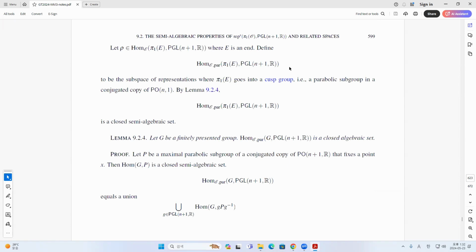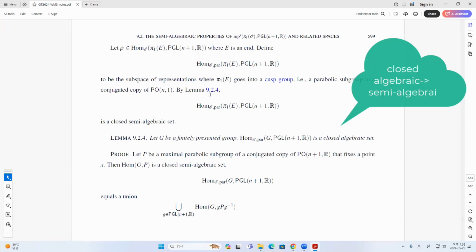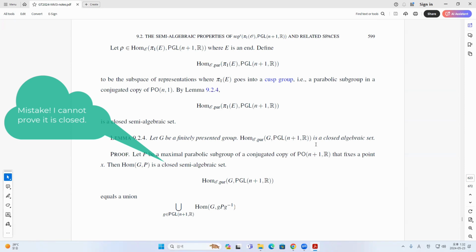And then next you want to look at Hom E of parabolic pair of this. So this is the subspace of representations going to the cusp group, so the parabolic subgroup. So this is a closed semi-algebraic set, and G is a finitely presented group. So this is going to be a closed algebraic set. So the reason is that if you have PB,